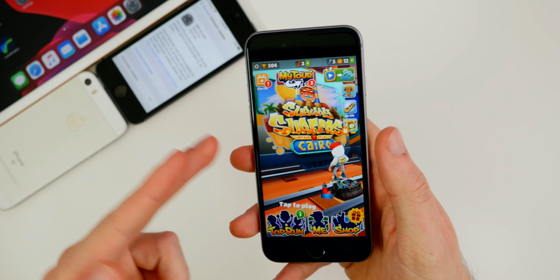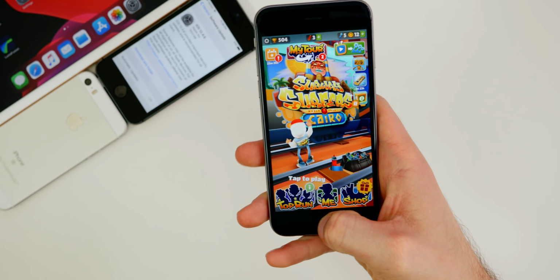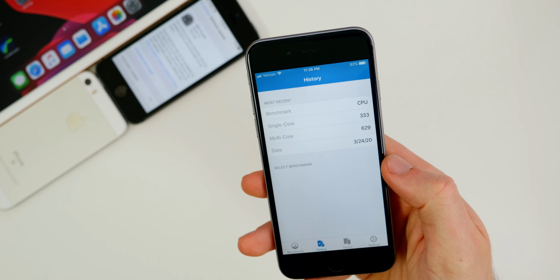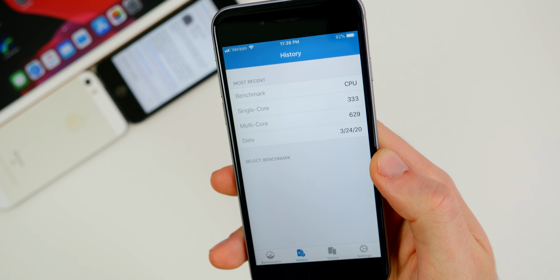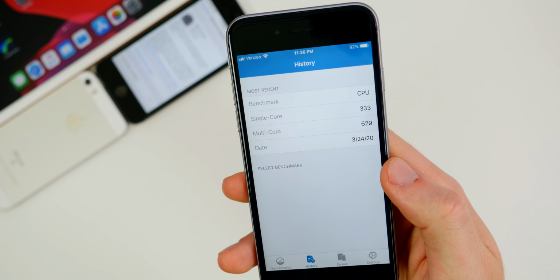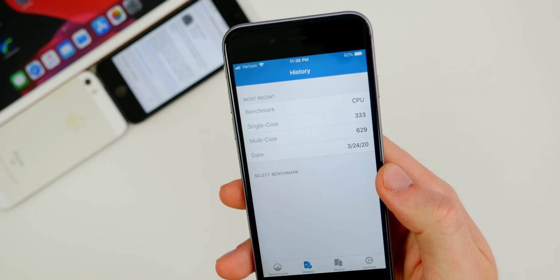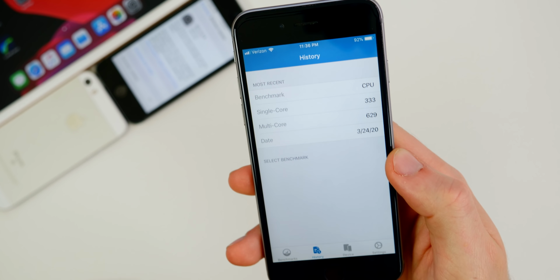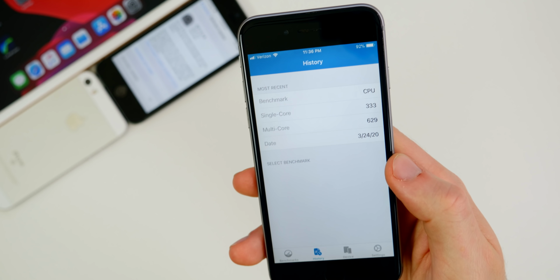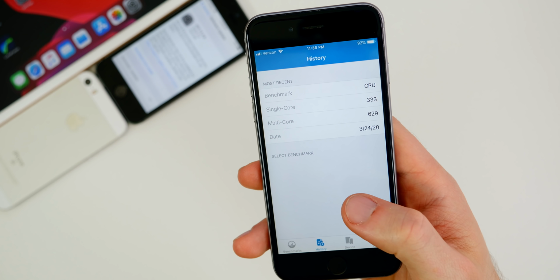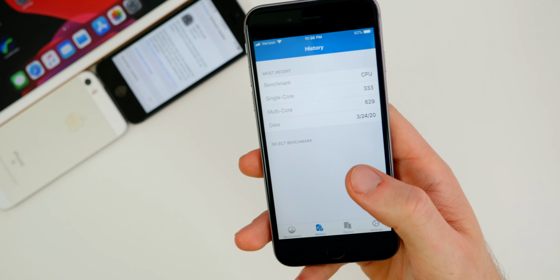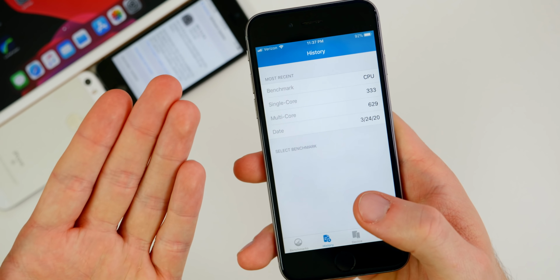And 12.4.6 feels exactly the same as 12.4.5 in terms of performance. I even ran a Geekbench test as well, and you can see here the Geekbench score, single core 333, multi-core 629. Those are about identical to 12.4.5 as well. I believe the single core was just a few points higher here on 12.4.6. So if anything, it did improve performance a little bit, but you're really not going to notice it at all